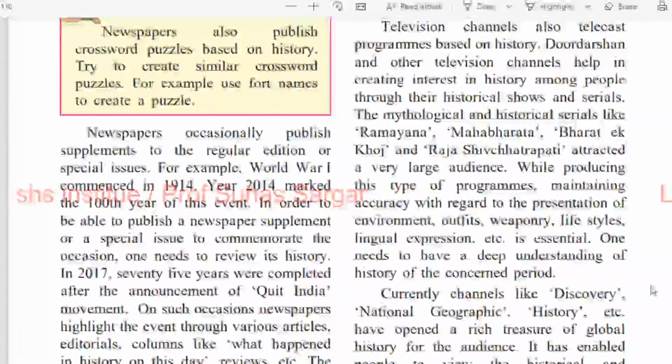Newspapers occasionally publish supplements to the regular edition or special issues. For example, World War I commenced in 1914. The year 2014 marked the 100th year of this event. In order to be able to publish a newspaper supplement or special issue to commemorate the occasion, one needs